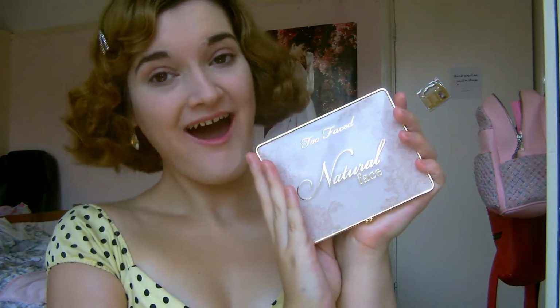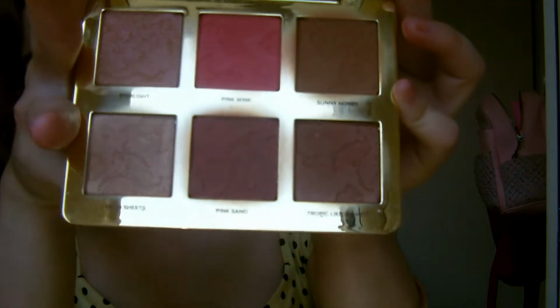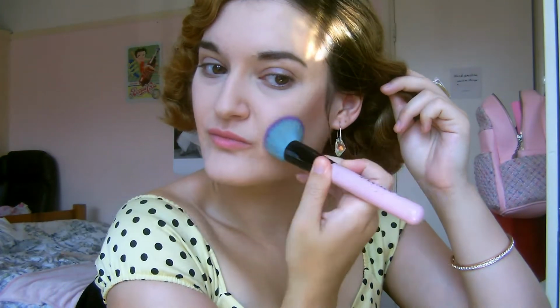Now for the Too Faced Natural Face Palette. Too Faced always wins on packaging. Their products are always packaged so beautifully, and these are 6 smooth coconut infused powders, and I'm using the 2